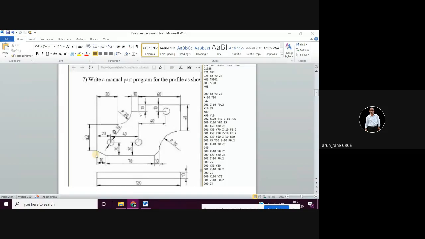So immediately the examiner will understand that the student, or the programmer who has written the program, has zero knowledge of machining. If you don't have knowledge of programming, it is acceptable. But as an engineer, you know how things will happen, isn't it? Blindly, like somebody who is an owner of a grocery shop, who sells vegetables, or who has knowledge of D codes and M codes, is writing this program. Who doesn't know the ABCD of machining? It has become like that. But let us understand what has been written here.